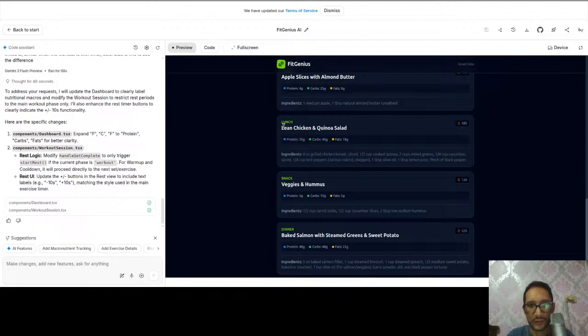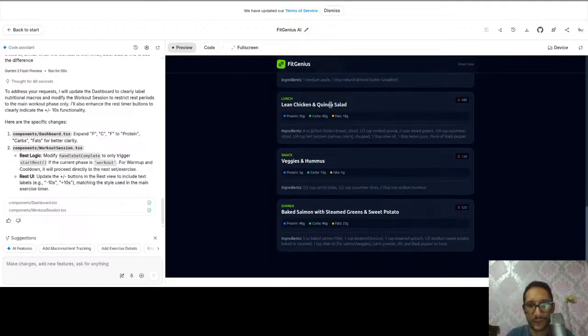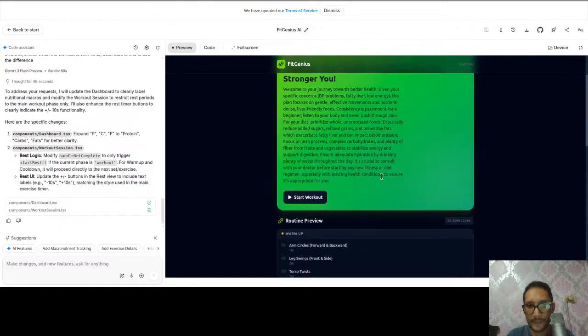It tells you what to eat and looks very different. Quinoa salad looks very good. Well, I'm imagining veggies and hummus, baked salmon, tasty. I like it.